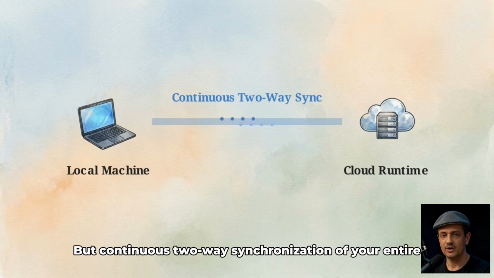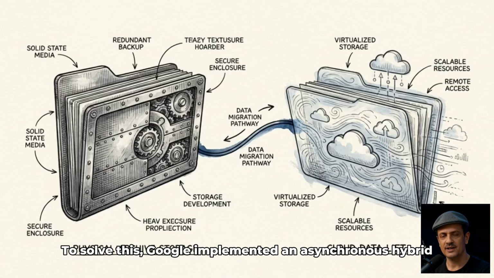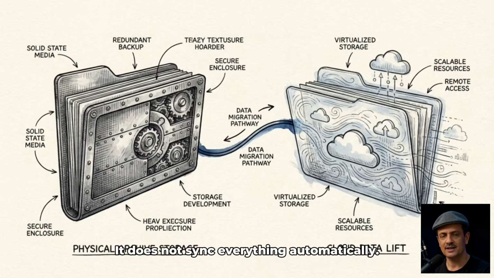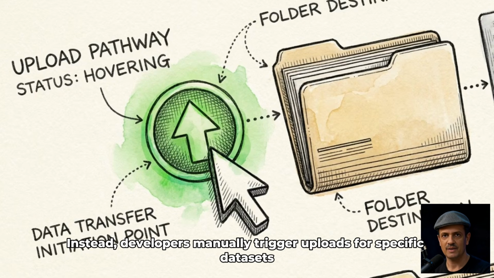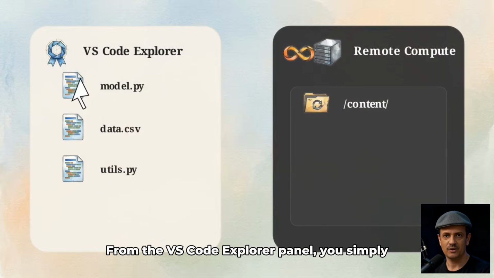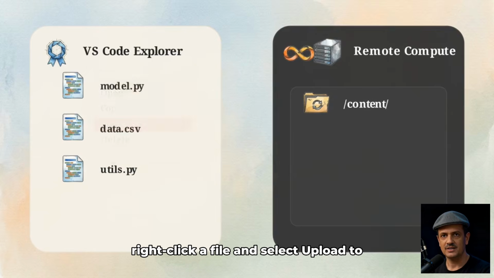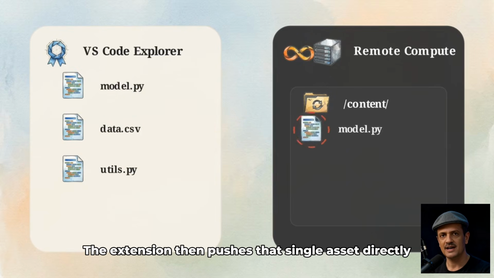But continuous two-way synchronization of your entire local directory to the cloud would create severe latency. To solve this, Google implemented an asynchronous hybrid file system. It does not sync everything automatically. Instead, developers manually trigger uploads for specific datasets or supporting Python modules. From the VS Code Explorer panel, you simply right-click a file and select Upload to Colab. The extension then pushes that single asset directly to the